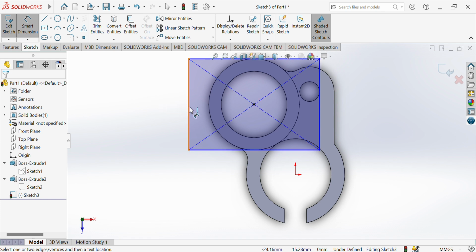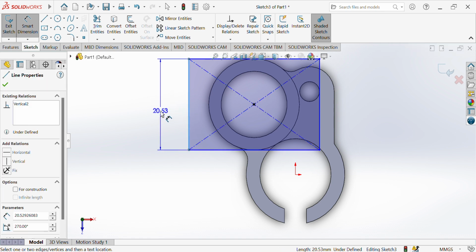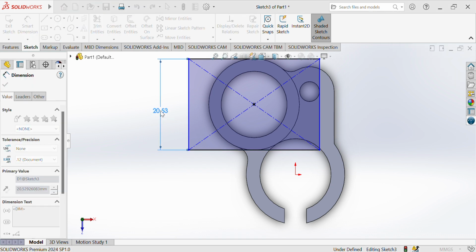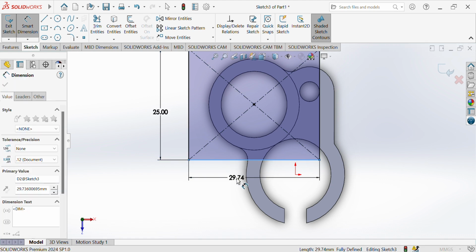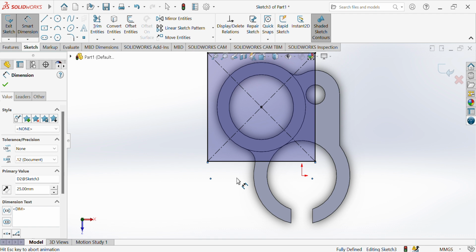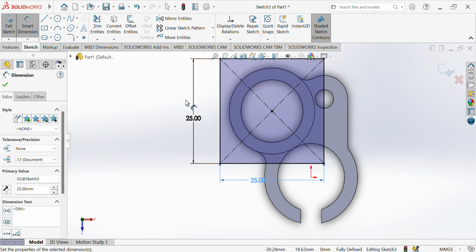This side is a square, so it's 25, 25. Here's 25. Let me fit this to screen. So this is what we have. Then the next thing we have is a wider part, like a small raise compared to this. It has a circle, and that circle has a